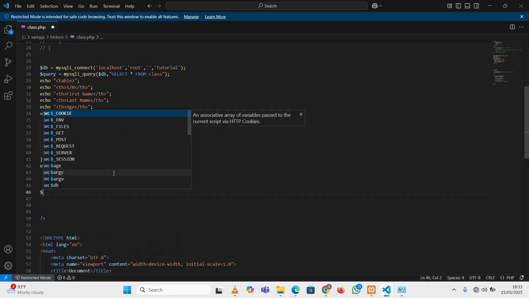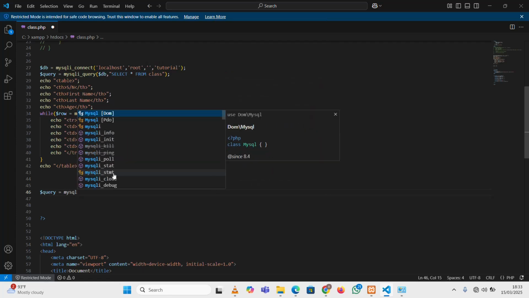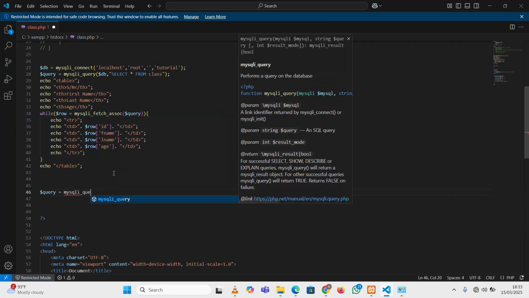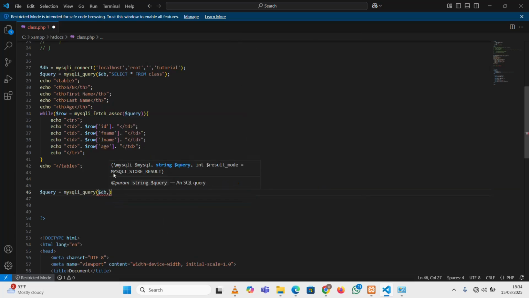I'll just say $query equals to mysqli_query, $db, and delete from class. Now there is a conditional statement that you can use, because you don't want to delete all